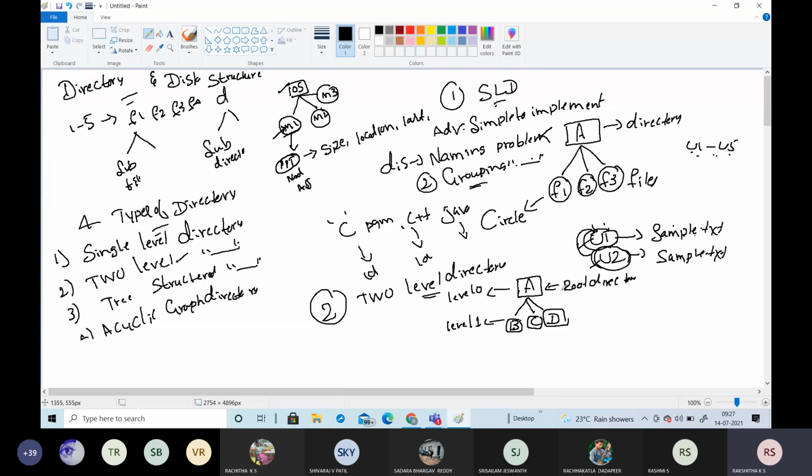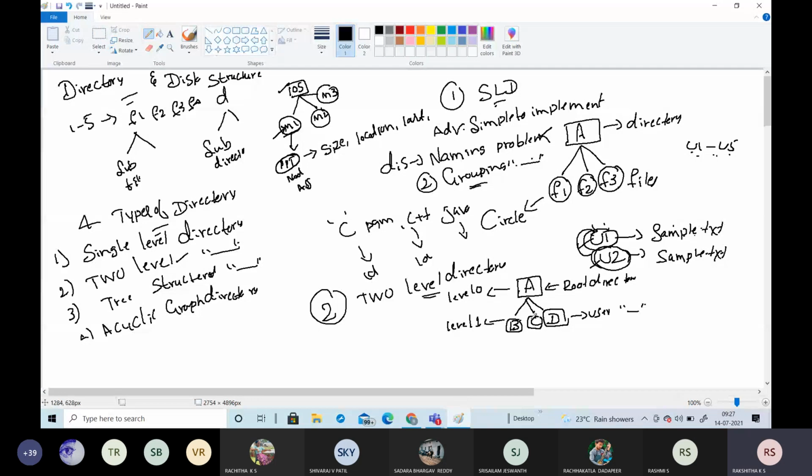For example here A is the root directory, and the different user directories are present below this root directory. At level 0 we have A, the root directory, and at level 1 we have the different user directories.